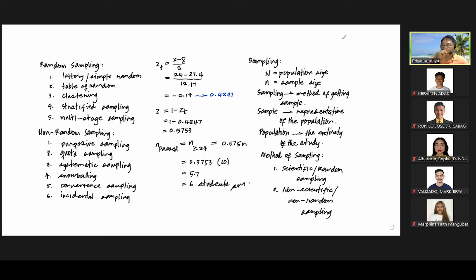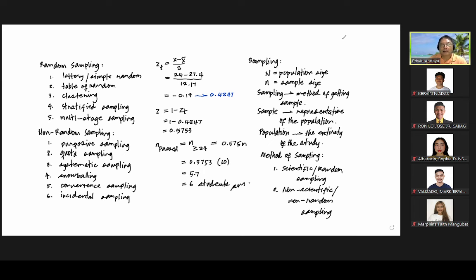Example, if the population is the students in the Bachelor of Science in Computer Engineering, then all the students in computer engineering, from first year, all the sections, until the fifth year, all the sections, can be a part of the population, and then taking a representative in each section.